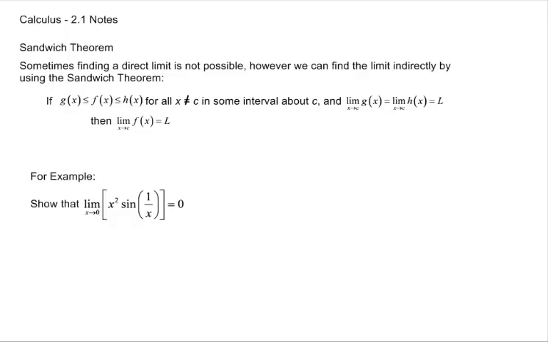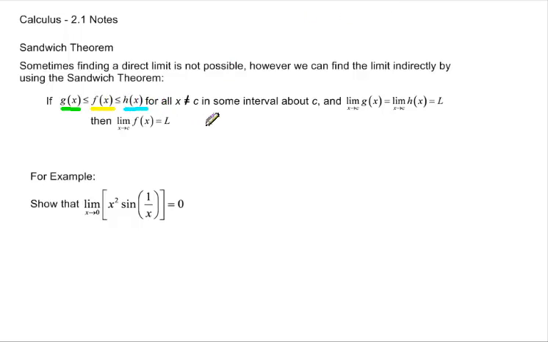For example, sometimes in calculus, and not a lot, but often enough, there are things that we cannot find directly. So sometimes we just can't find a limit directly. However, we can find a limit indirectly by using what's called the sandwich theorem. So if I can find 3 related functions where one is smaller than the next, which is smaller than the next, in this case f, h, and g. So if I can find a set of functions so that g is smaller than f, which is smaller than